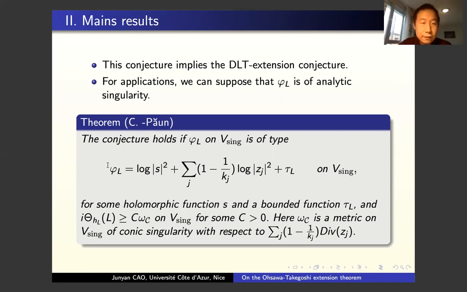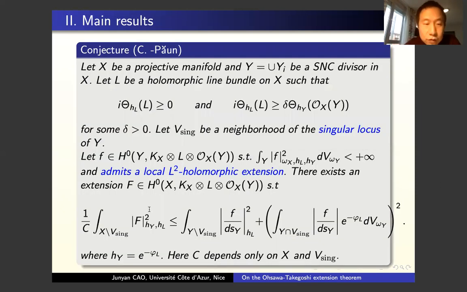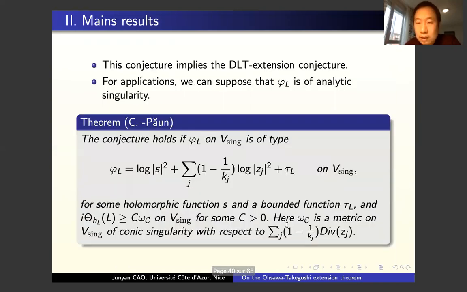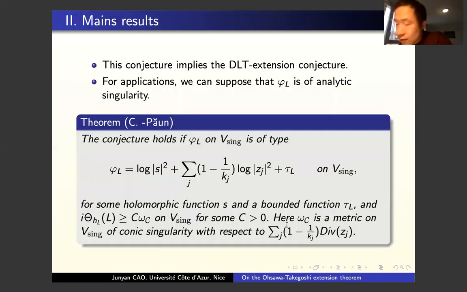That means that if the metric is of this type of singularity, and its curvature is at least c times the conic metric with respect to this divisor, then in this case we can find an extension such that its L2 norm is bounded. But our results are not sufficient to prove the DLT conjecture. Okay, so in the